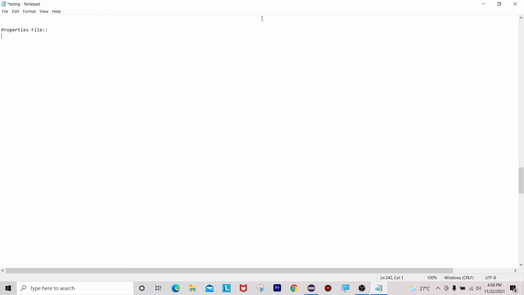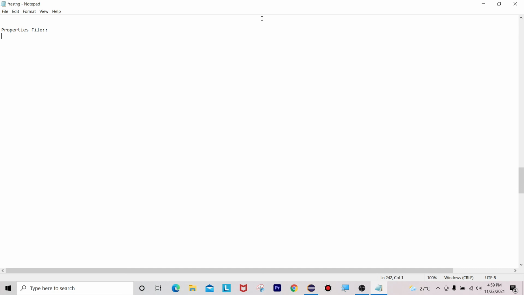The advantage of a properties file is that we can configure things in real time, because you don't need to hard code. If you receive any new build, you don't need to touch all your scripts. You can just go and update inside your properties file in the form of key and value format.